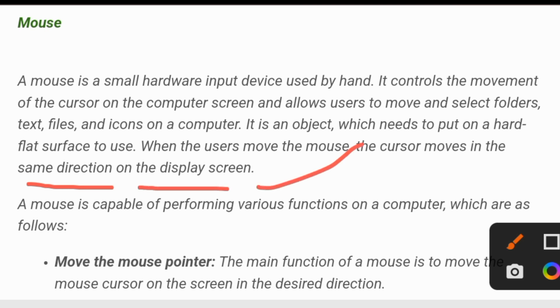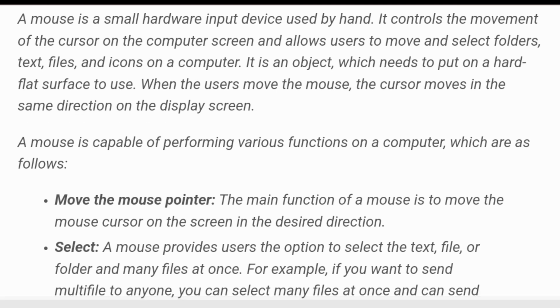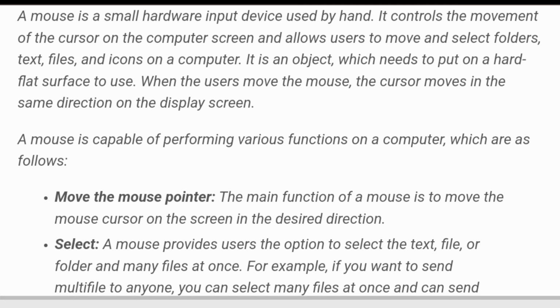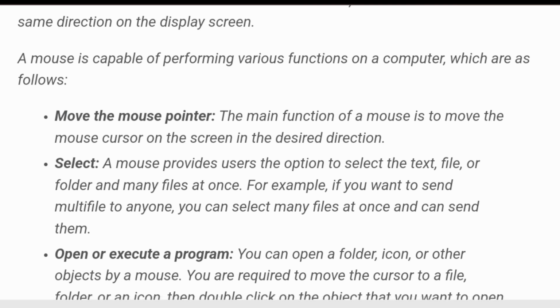The mouse is capable of performing various functions on a computer, which are as follows. First, the mouse pointer: the main function of a mouse is to move the cursor on the screen in the desired direction.